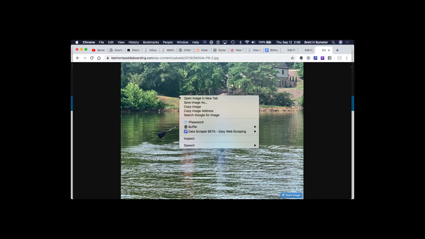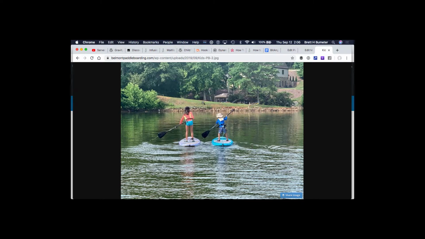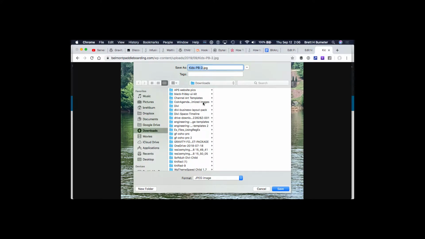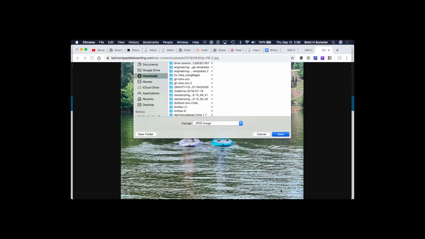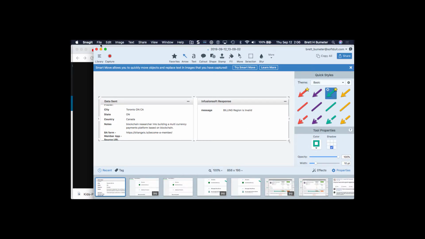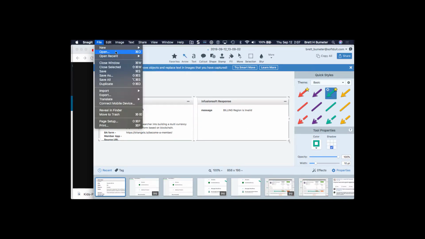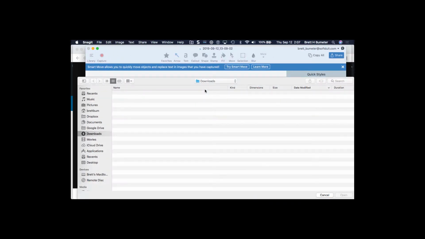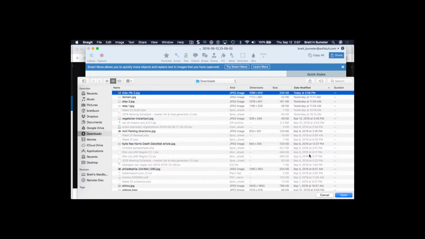So I'm going to right-click or double-tap, depending on how your device works, and I'm going to save this to my downloads. And there's lots of different tools for this, so I'm not going to recommend a tool because there's an infinite number of them. I use a tool that's pretty easy called Snagit. I'm very happy with that particular tool. I've been using it for a bunch of years. It's easy for me. I'd recommend you use whatever image editor is easy for you, and all I need to do is open